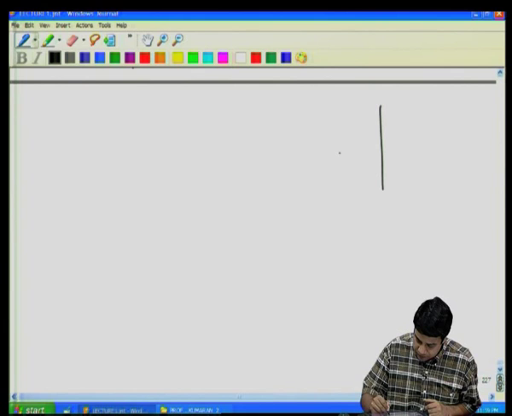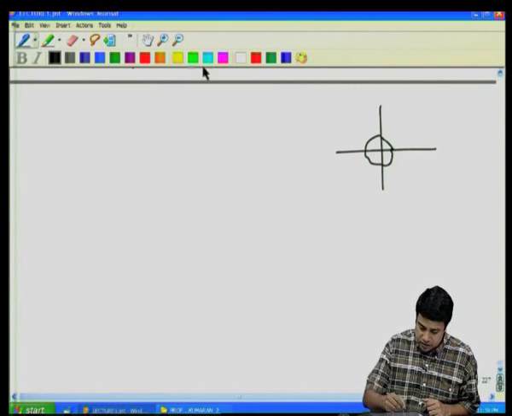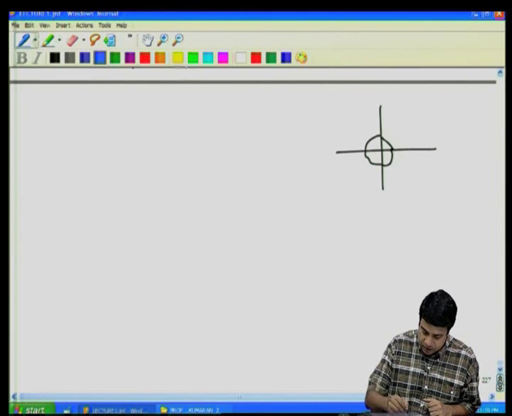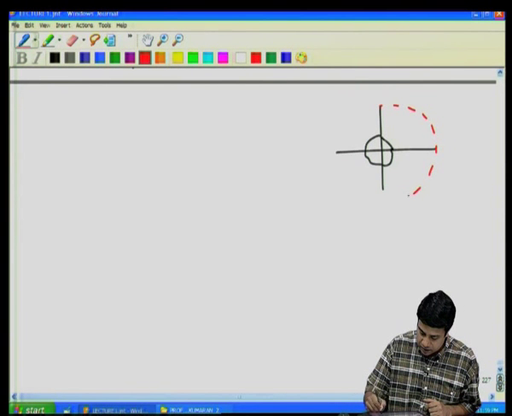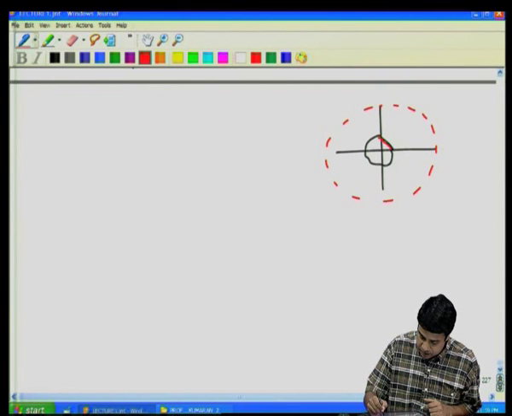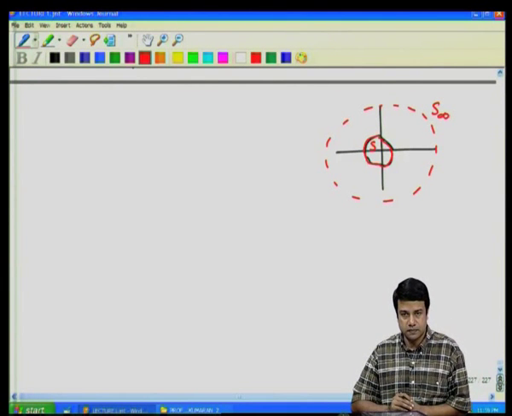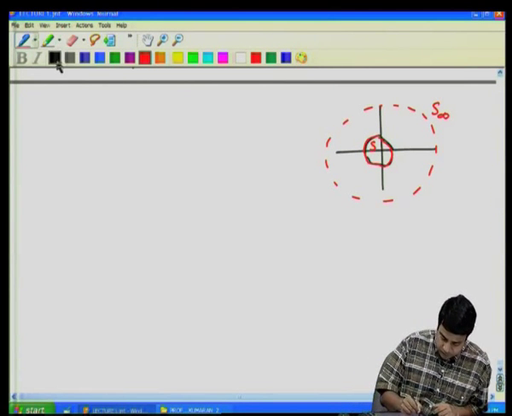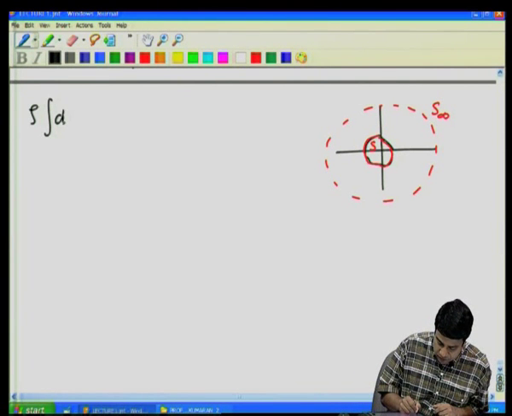So, if I have this as my object, and I consider the fluid in between this object and the surface at infinity. This S is the surface of the object, and S infinity is the surface at infinity. For the fluid in between the surface of this object and the surface at infinity, I can write, using the divergence theorem, rho times the integral over the volume of the partial by partial x_i of